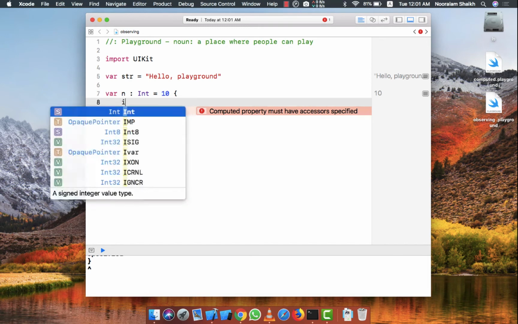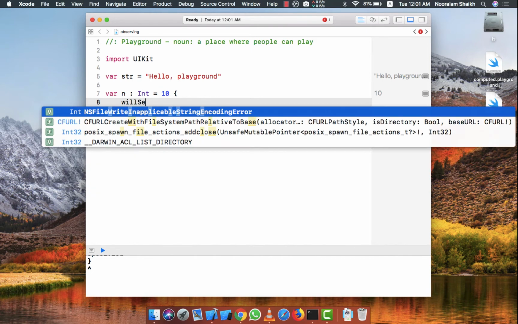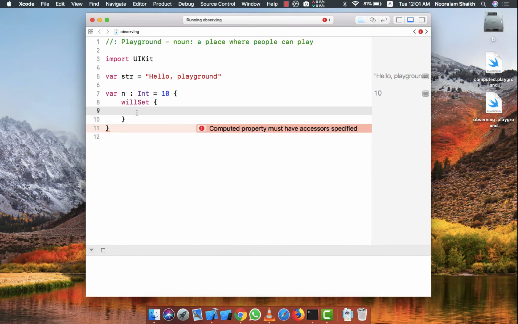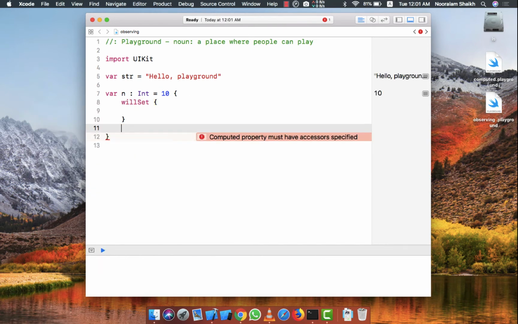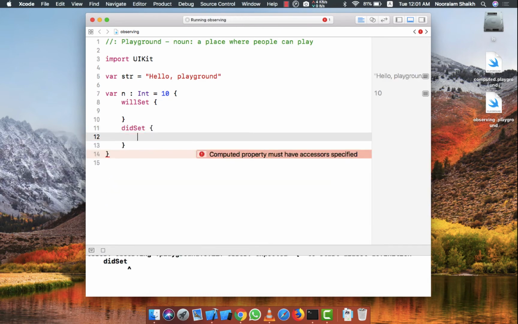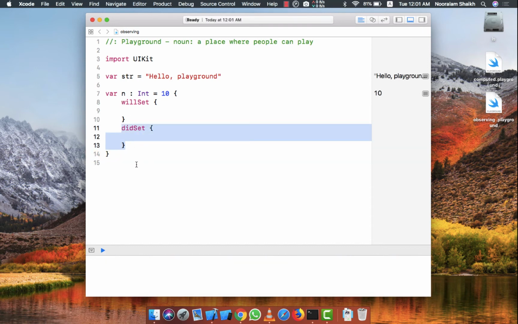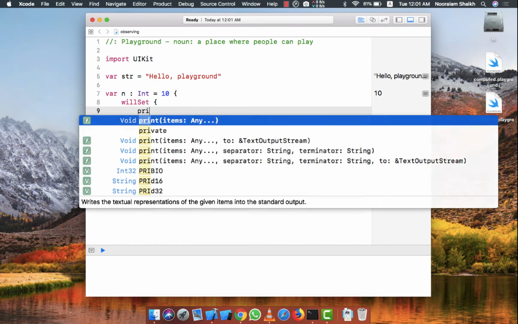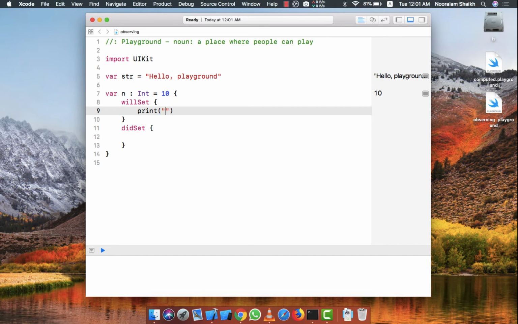The first one is willSet, and the second one is didSet. These willSet and didSet are such that whenever I try to change my value to something, these two code blocks will be executed. Let's just print "about to change",